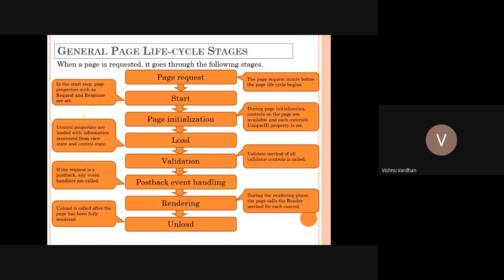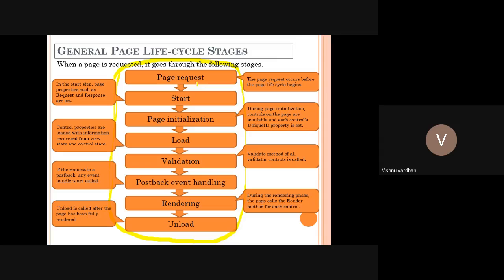When this particular page is requested in the web server, certain events are lined up. You can see all these lined up here, looking for their triggering point.